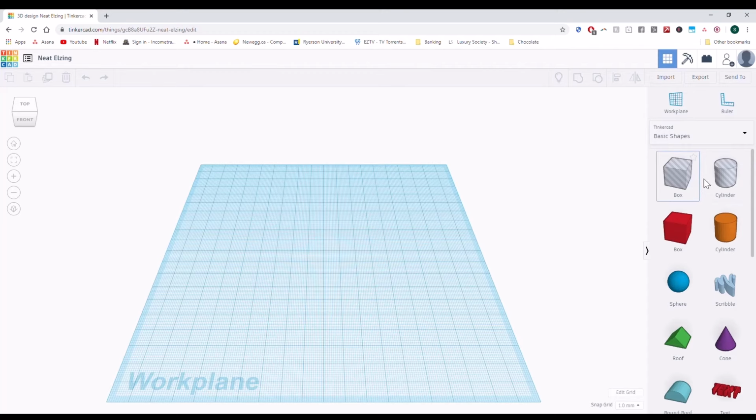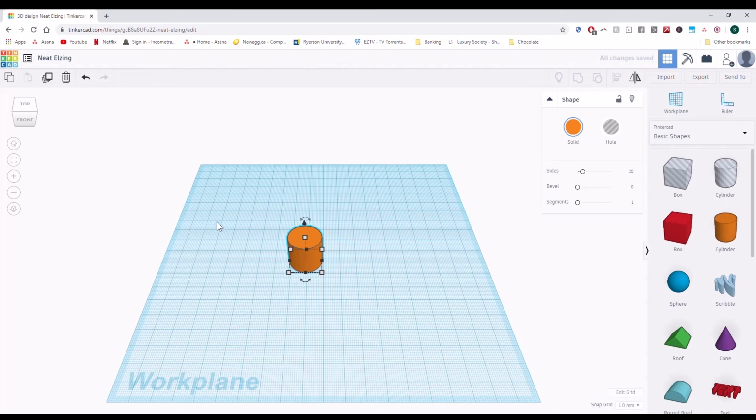Like for instance, if we're making a mug, we're going to have a handle. We're going to have the body of the mug. We're going to have the hole in the mug. And that's basically it. And so we want to start with the shape that'll get us the closest to the design we're already looking for. So something we might have in mind, the cylinder, right? If we're going to make a mug, it makes sense to start with the cylinder. So all we do is we drag that onto the work plane over here.